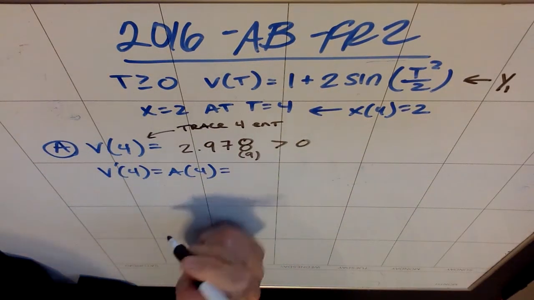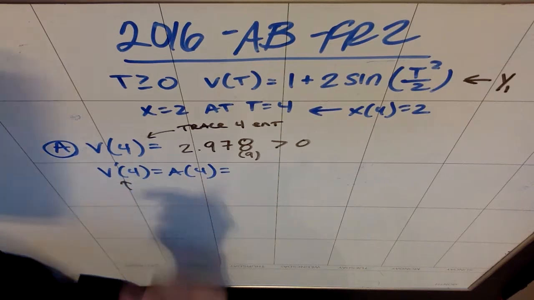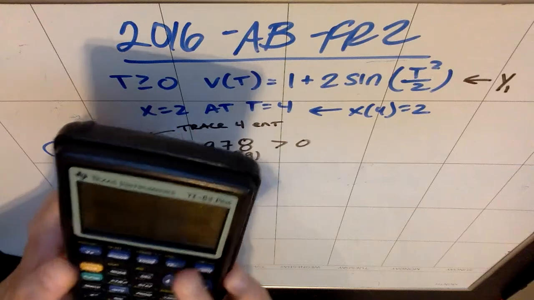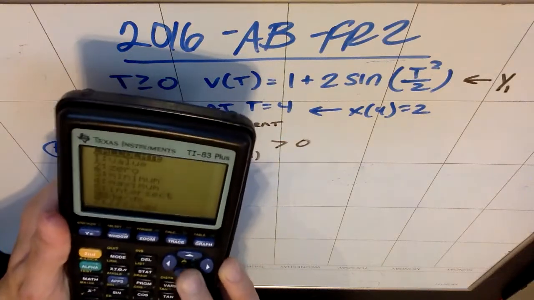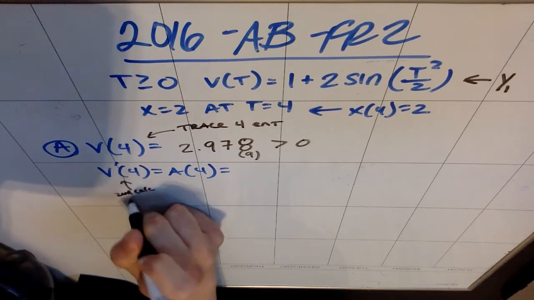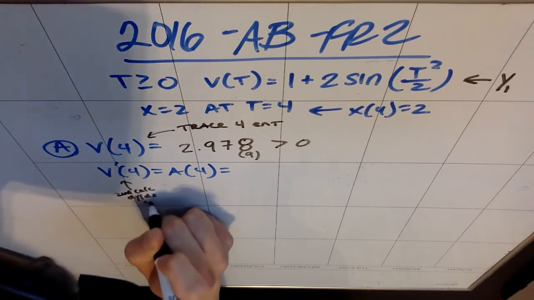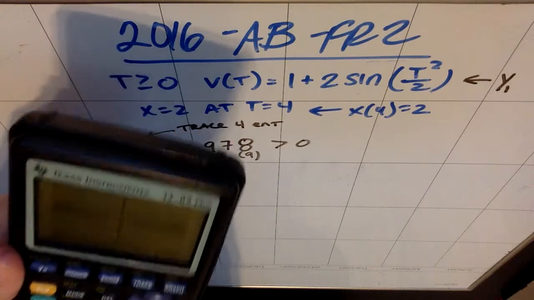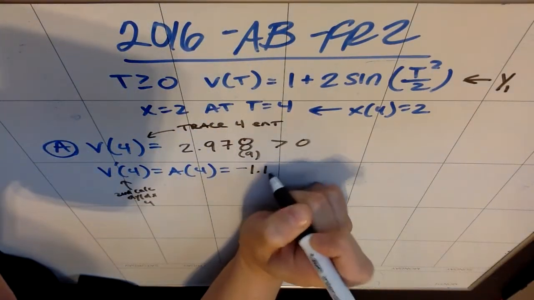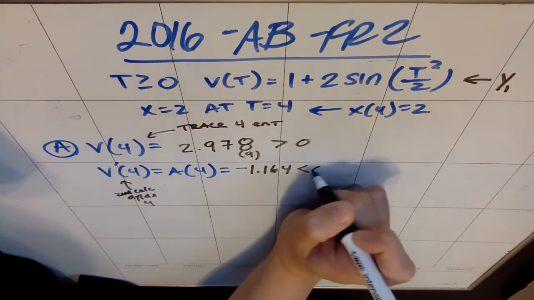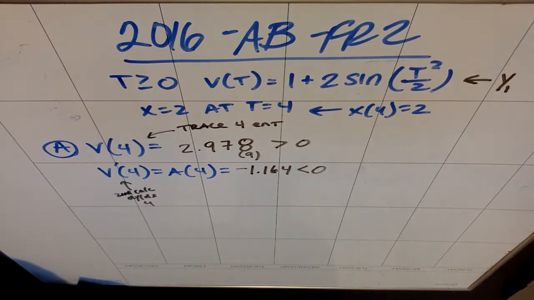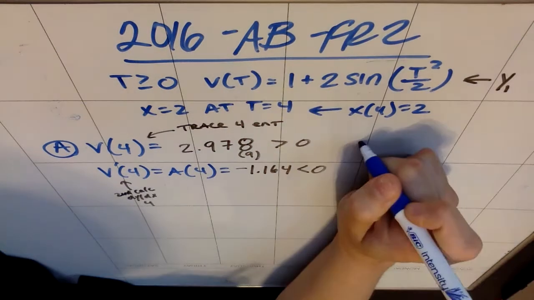If I then want v prime of 4, I can do one of two options. You can either use nDeriv, which is math 8, or since you've already graphed, you go to second calc and pick dy/dx. I pick dy/dx when x is 4, hit enter, and it gives me dy/dx at that moment. It is negative 1.164, which is less than 0. Because they have opposite signs, I am slowing down. So the answer is slowing down